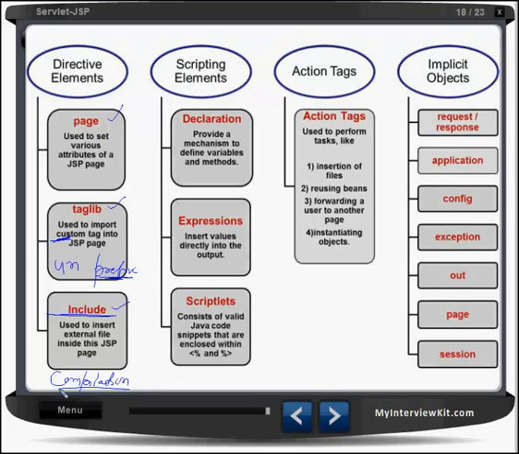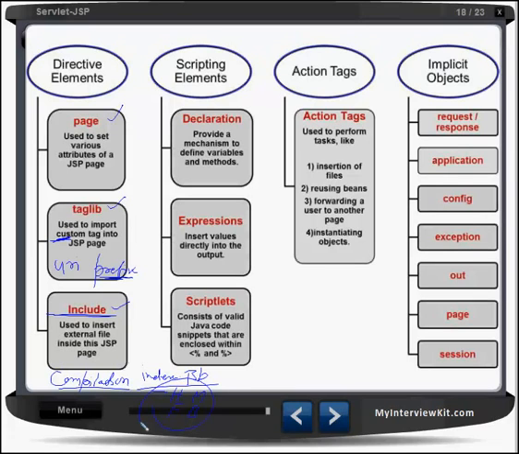Let us say I have an index page. In the index page, what we are doing? We are including header, footer, menu and body. We are including all these four or five JSP pages in the index.jsp just by writing one line each.